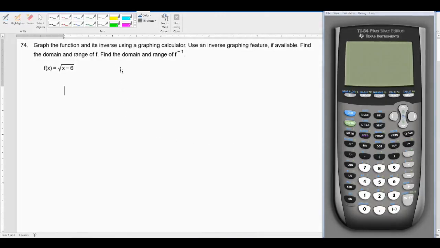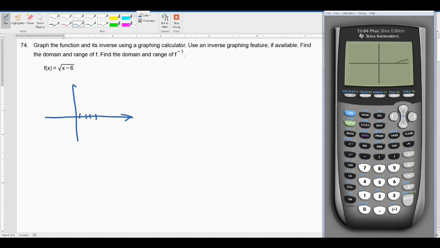On this one, we want to graph the function that's given and its inverse, so we're going to find the domain and range of each. Let's start with the given function, which is the square root of x minus 6. Hopefully you know it's a V on its side, shifted right 6. And so the basic graph of that function,